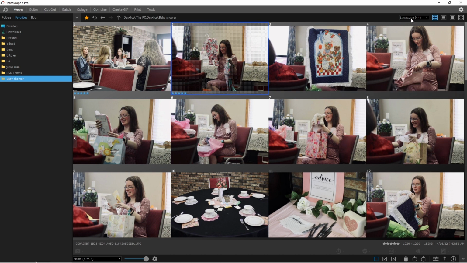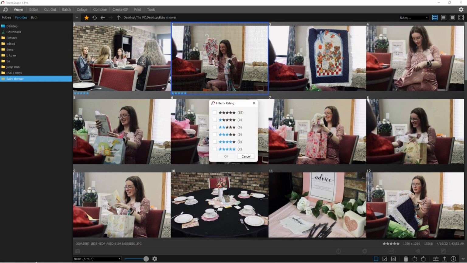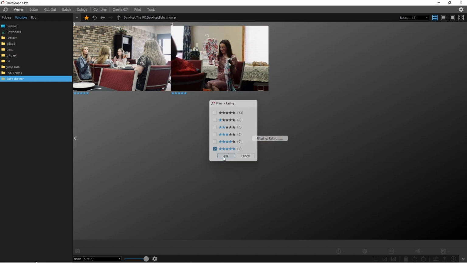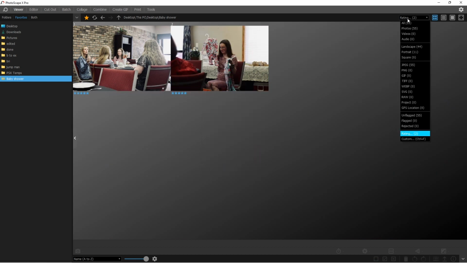What you'll want to do is go to landscape, and there's different ratings, like you could do flagged or rejected. But if you go into rating, you can say, hey, I want to filter and just find the 5-star photos. You click that, and then there it is. Just the 5-star photos are showing up. So that's awesome to be able to